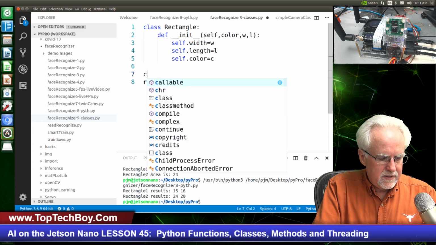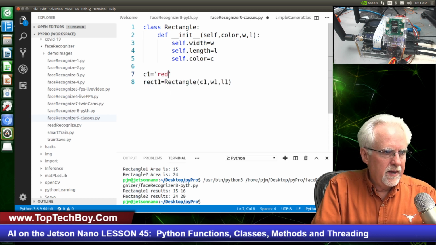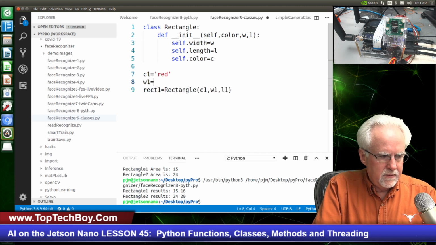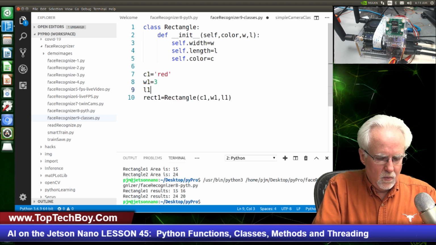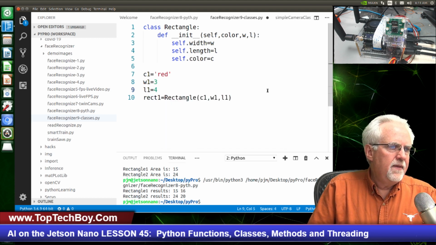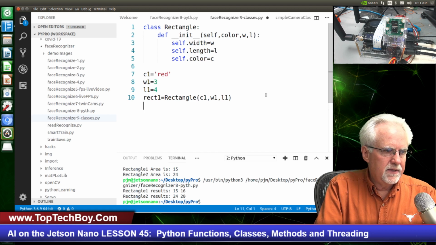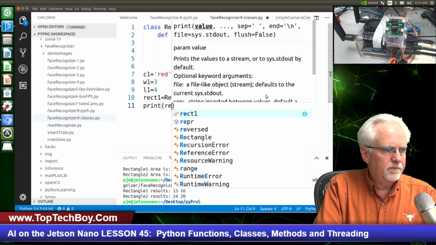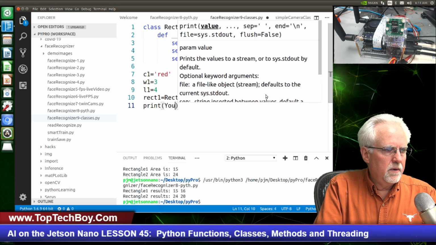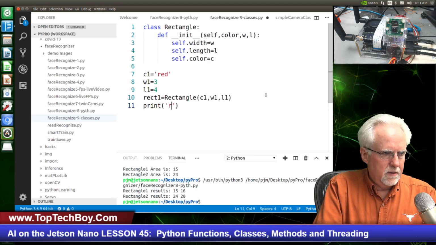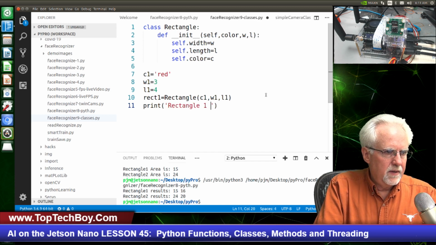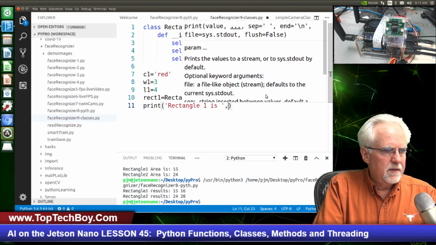Okay, so I could say that C1 is equal to red, and then W1 is equal to 3, and then L1 is equal to 4, and then I could come down here and say print, rectangle 1 is,